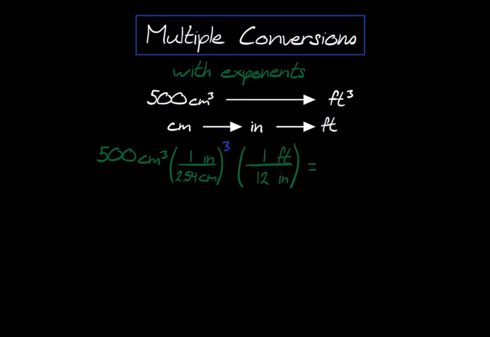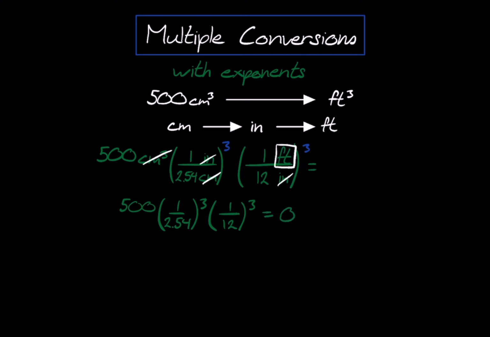You'll see why when we start plugging this into the calculator. But now the inches don't cancel out. So we need to cube the second parentheses as well. So now, the centimeters cubed and the inches cubed both cancel out, leaving us with feet cubed, which if you look back at the question is our desired unit, the one we need to convert to. So let's plug everything into the calculator. 500 cubic centimeters, open parentheses, 1 divided by 2.54, close parentheses, cubed, open parentheses, 1 divided by 12, close parentheses, cubed again, and we should get